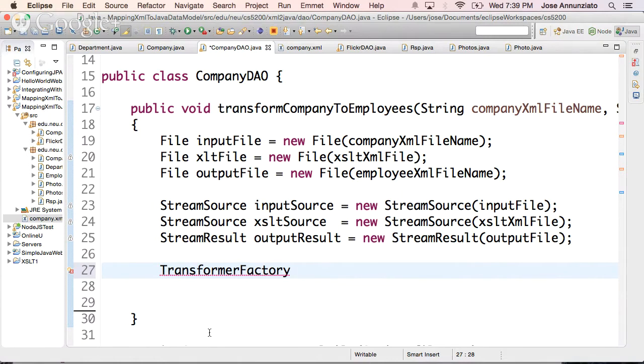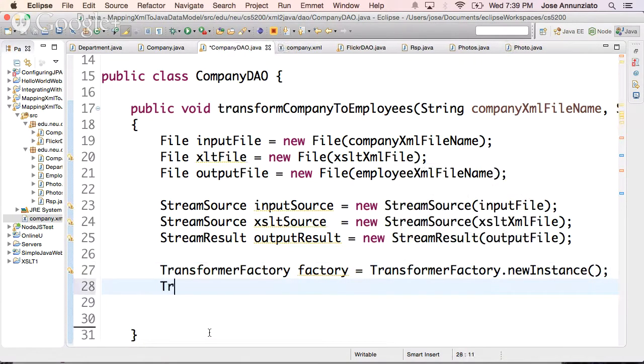So instead of you saying new, where to create one of these transformers, you would have to have a fairly number of news, right? New this, new that, and set and configure quite a few things. Factories hide all these details of what needs to be instantiated in what order, right? And they hide it under a nice API. Okay, so we need a factory. Transformer factory dot new instance. Okay,